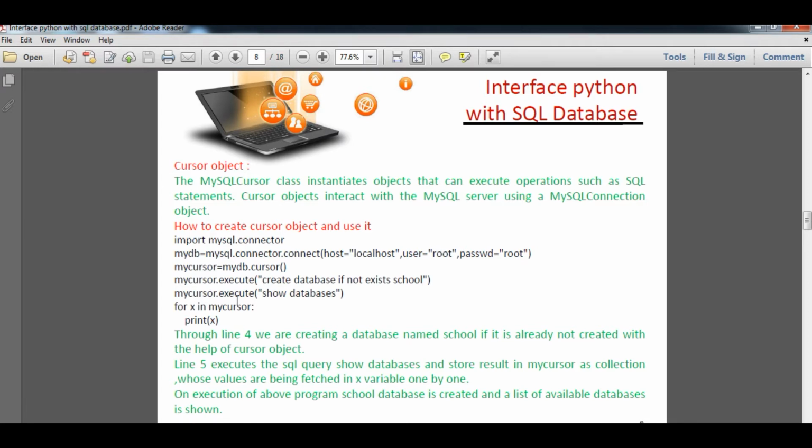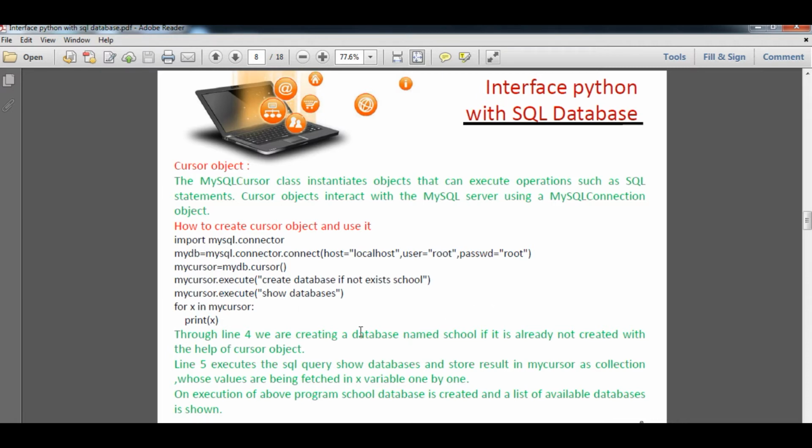So here simply myCursor dot execute show databases. This command will show you the databases, whatever databases it stores in myCursor. You simply traverse myCursor with the help of a for loop: for x in myCursor, print x. So x will print all the databases that exist in MySQL.